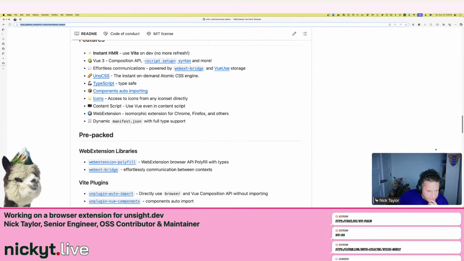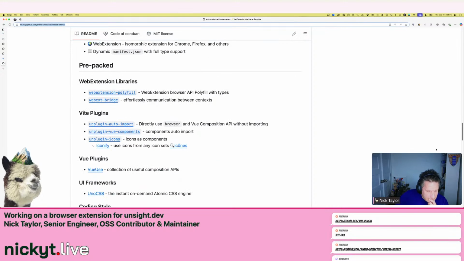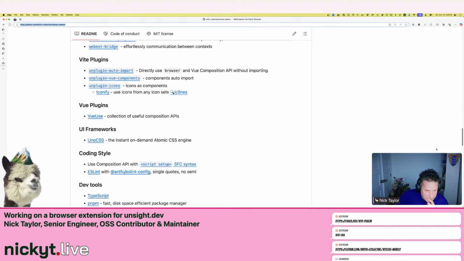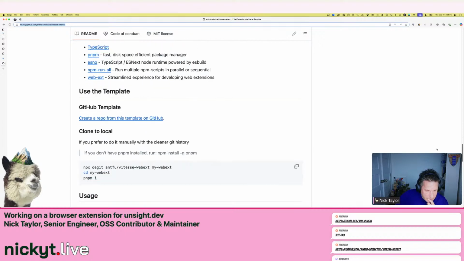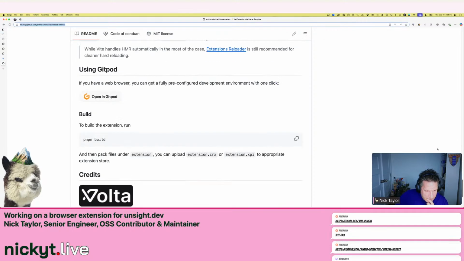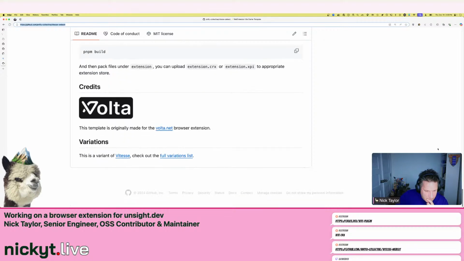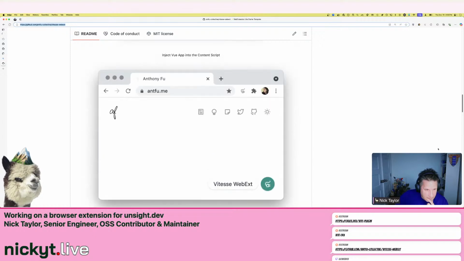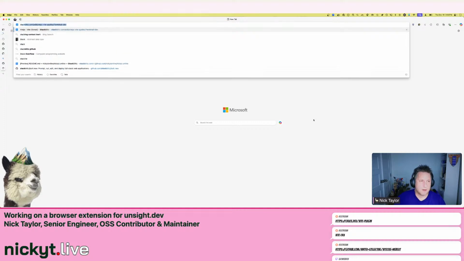But I'm just curious if it has any docs about import. Let's see here. Directly use browser and Vue composition without importing. VueUse. Okay. Let's see here. I just don't know how to test if it's. All right. You know what? Let's just, to make sure I'm not cuckoo,